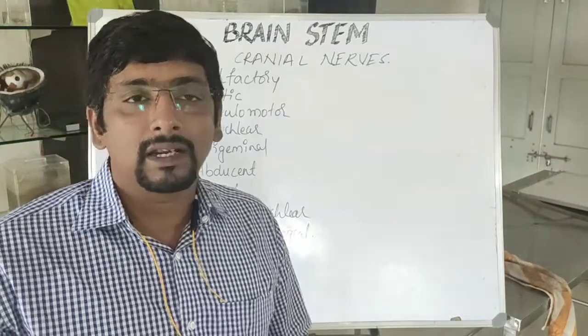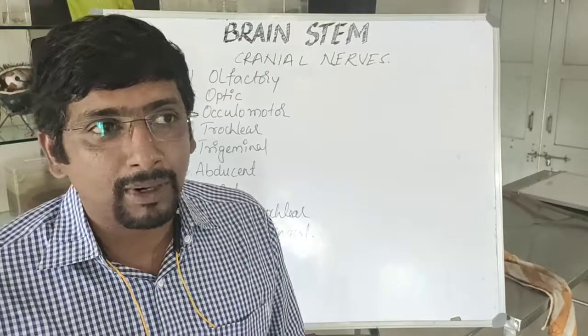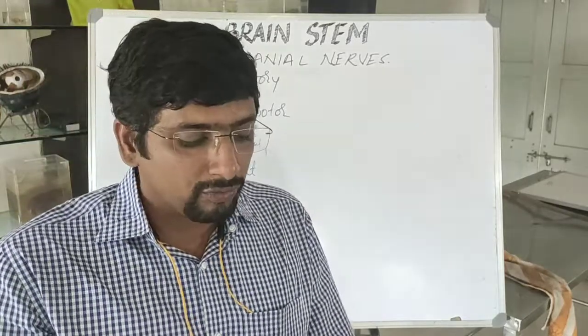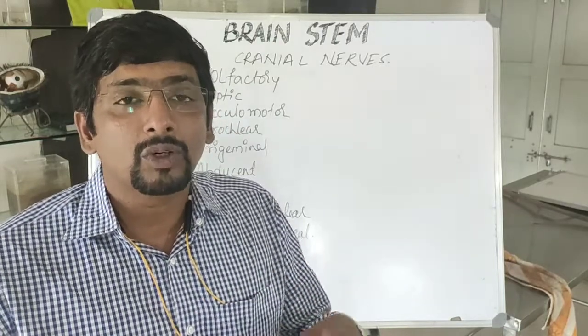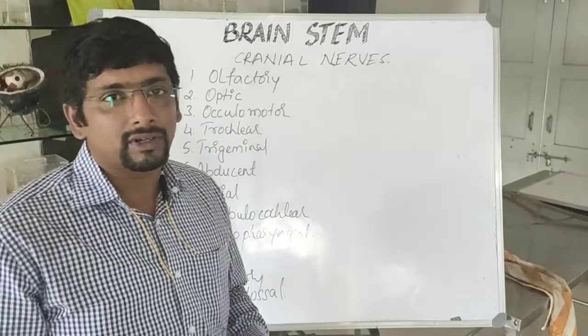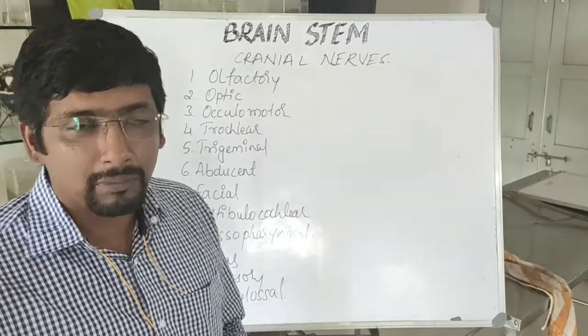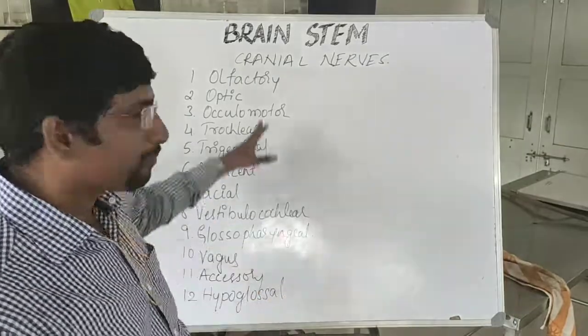Then suddenly in the books we will find that the 5th cranial nerve is going to supply, or the 3rd, 4th and 6th cranial nerves are related with the eye. At that time, you should know what the cranial nerves are in the sequence order. To remember that, there are many mnemonics, but my favorite mnemonic is like